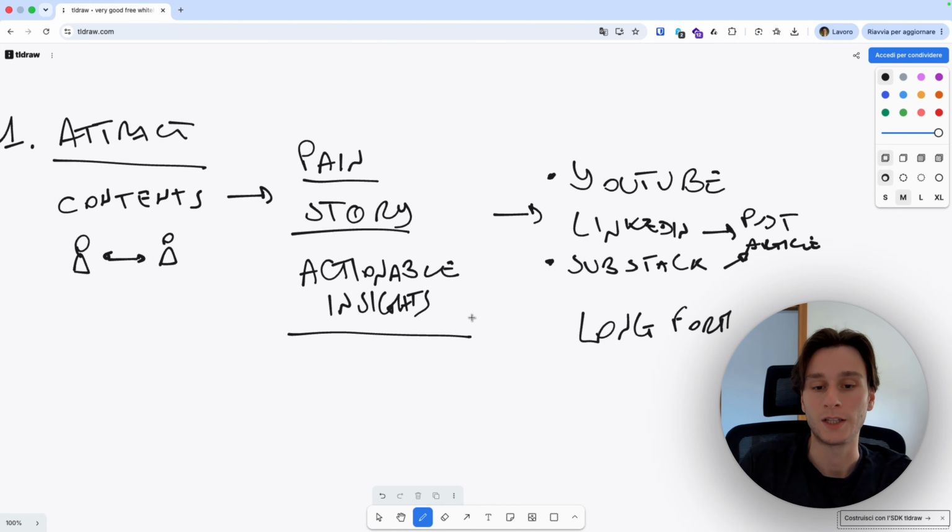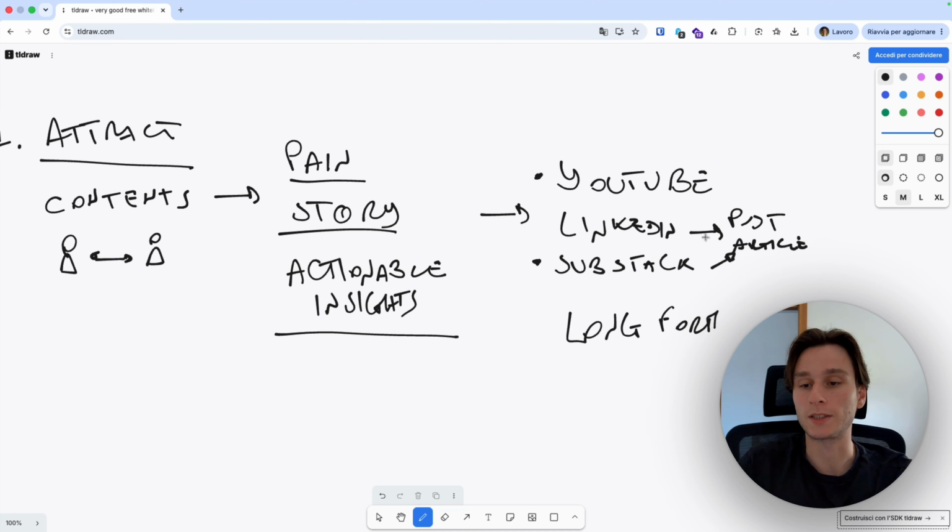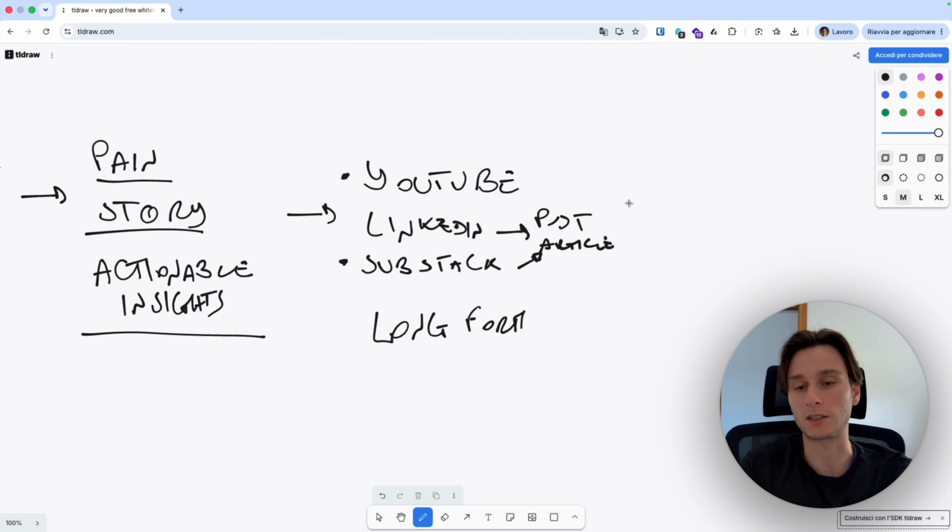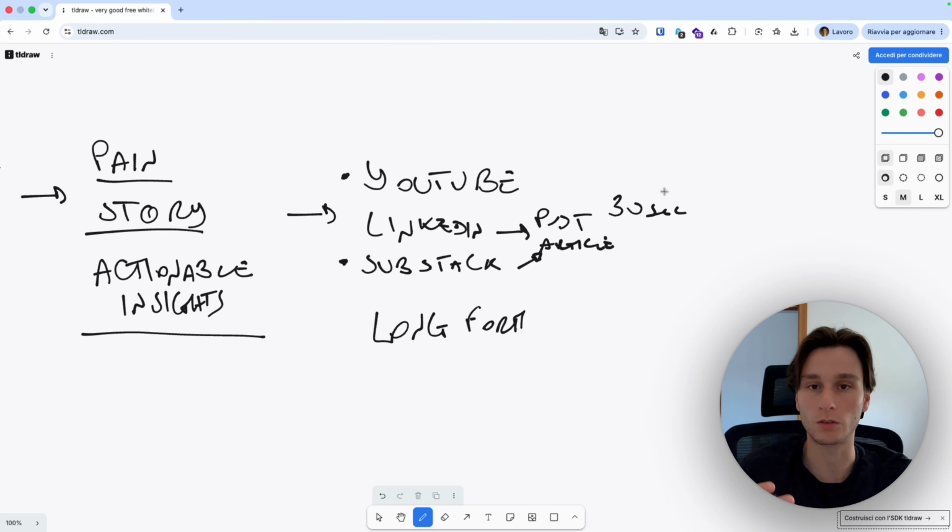I don't know if you ever heard that your customers have to spend 10 or 11 hours with you before they buy. So if you, for example, publish all the time, let's say a LinkedIn post, it takes 30 seconds of the time that the customers are spending with you. So if we do the maths, they have to spend a lot of hours reading your post, and you have to produce a lot of posts so that they actually can spend more time with you.